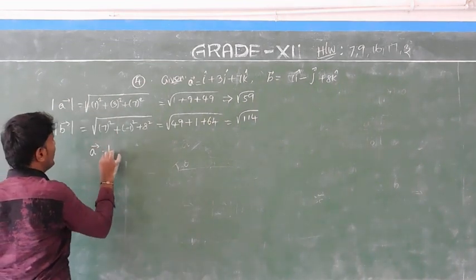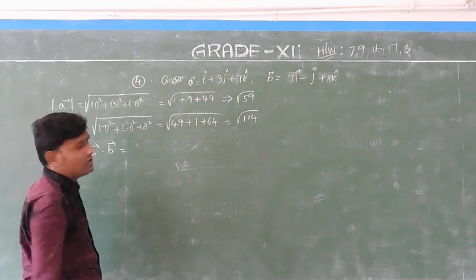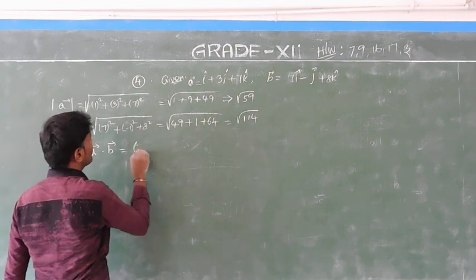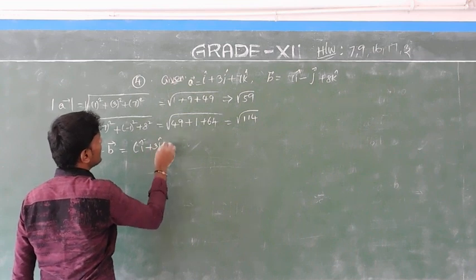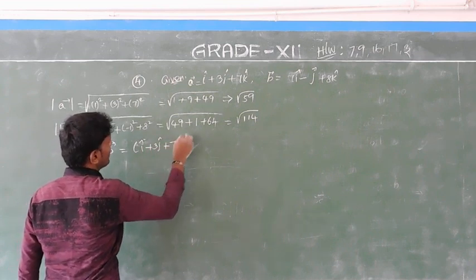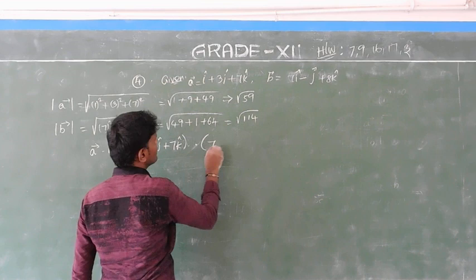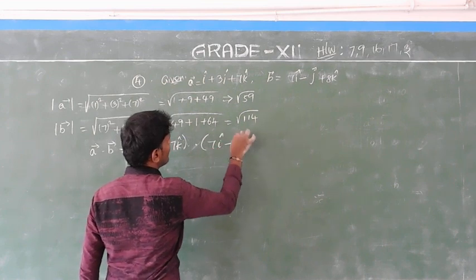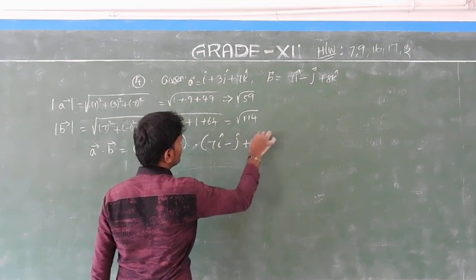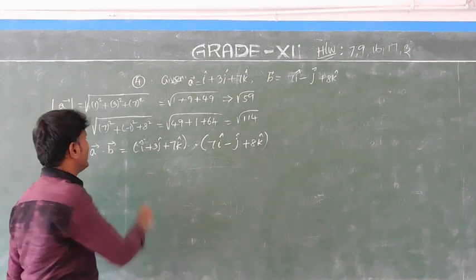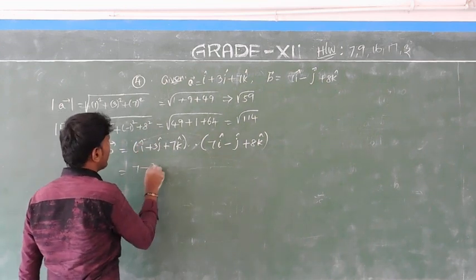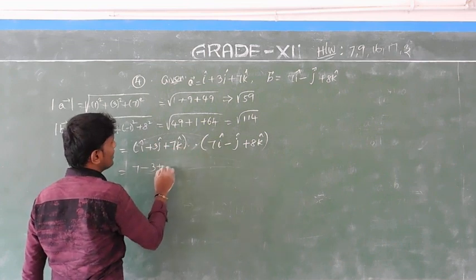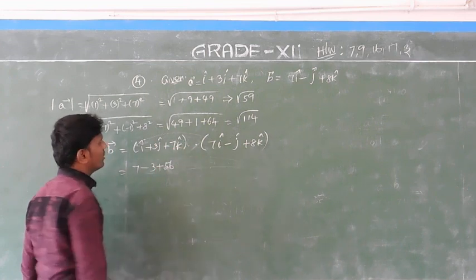Now I am moving to a dot b. So what is a vector? i vector plus 3j vector plus 7k vector, taking a dot product with 7i vector minus j vector plus 8k vector. Okay, so taking the dot product: 1 into 7 is 7, 3 into minus 1 is minus 3, 7 into 8 is 56. What will come? Okay, now add